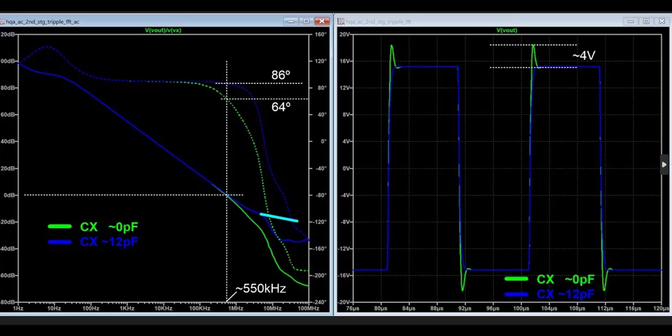Okay, let's look at some results. This is the same result as in the previous slide, and this is a transient result. For a square waveform, we can see that without the capacitor, we have some overshoot. This indicates that we are on the way to instability. It's not oscillating, so it's not unstable, but it's better to have something like this. That means that we have a better phase margin. In terms of closed loop,